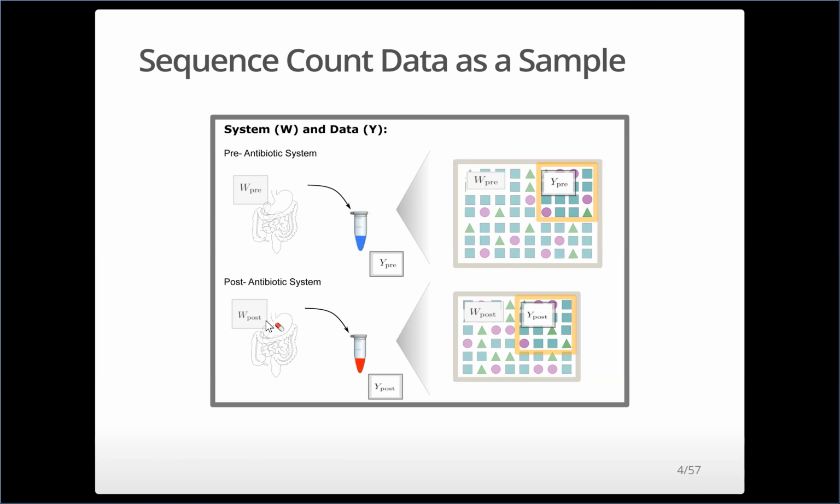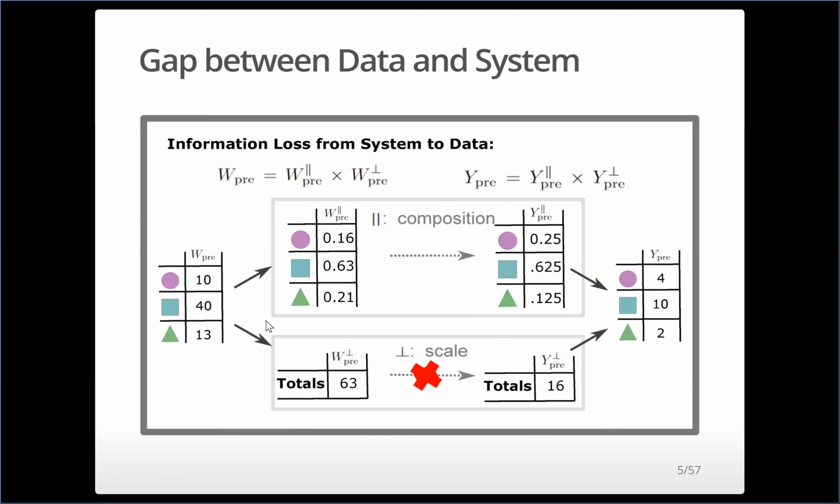And the same problem arises here with our sequence count data, right? It's a product of our technology, not of the total scale or the total number of microbes in the gut. And so the practical implication of this is that it leads to information loss in the data, right? There's a gap between the data, which we're calling Y, and the system, which is your gut, which I'll be